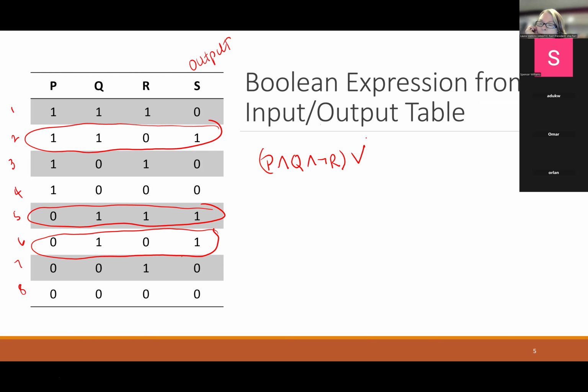Or, and then the Boolean expression for row 5. So in row 5, because this P is a 0, we need to use not P and then Q and R. Yeah. And Q and R. Or, and then moving to our last row,